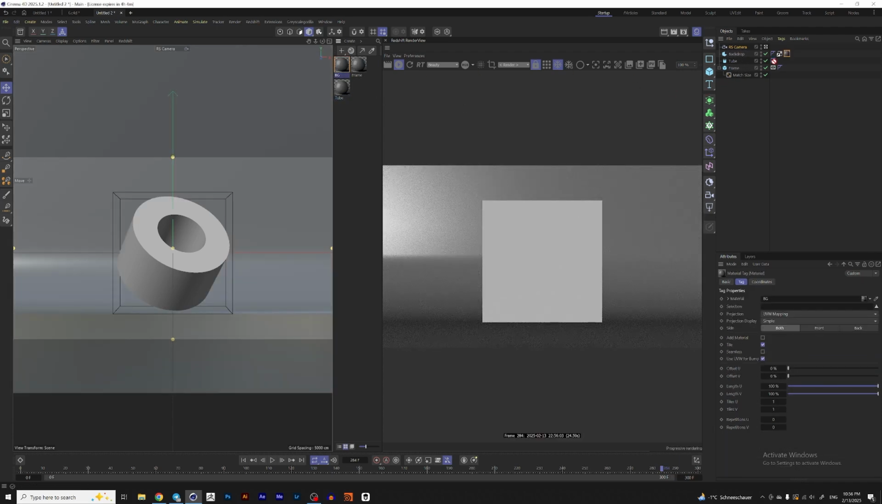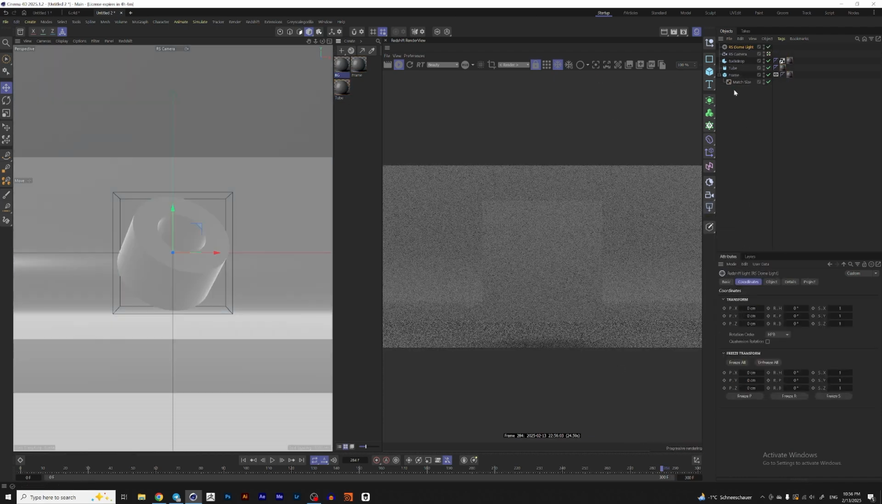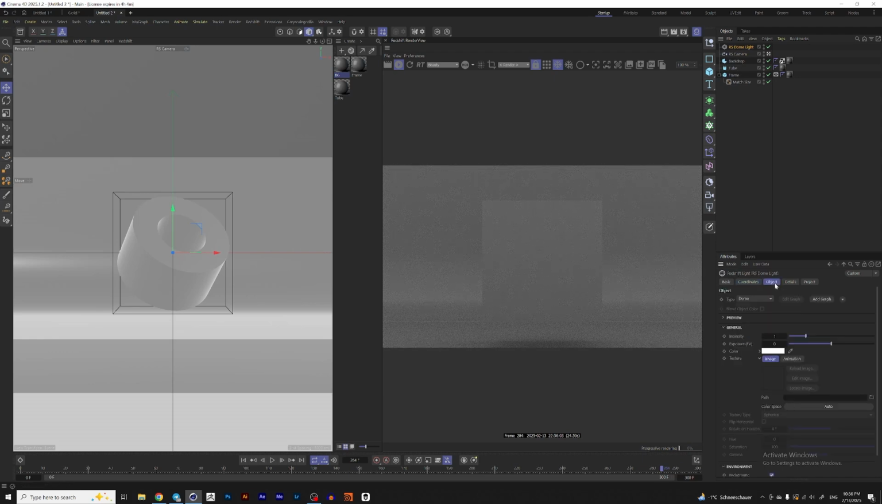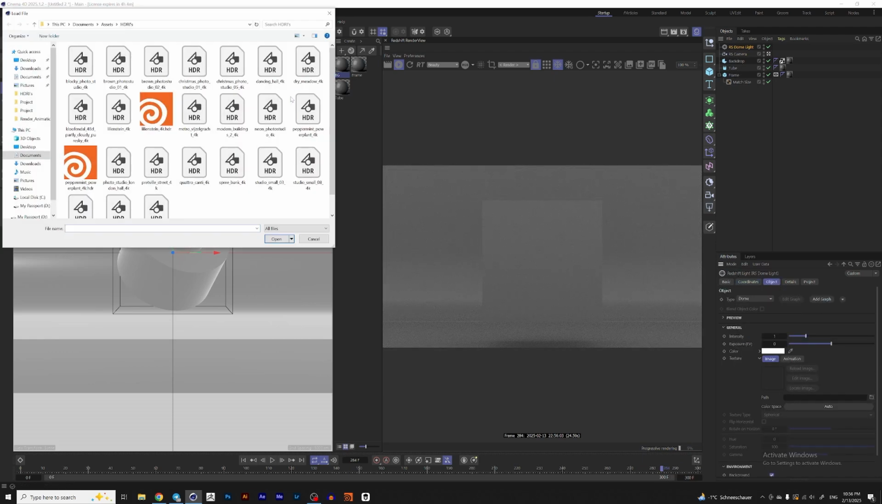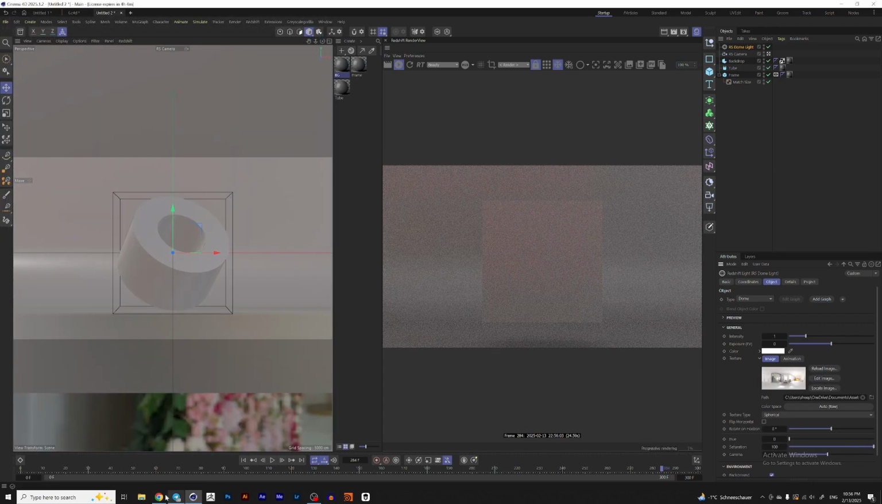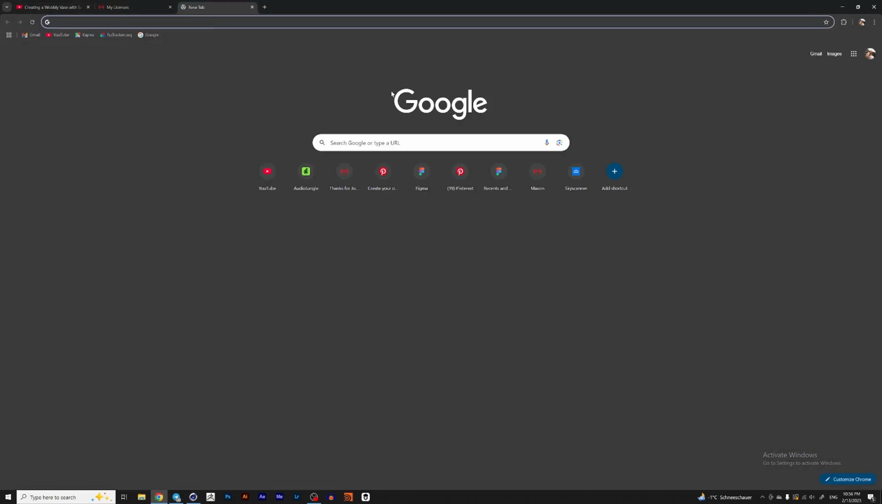So, background, frame and tube. Let's create a dome light, and in the dome light, let's add an HDRI map. I use Christmas Photo Studio 05. You can find it on the website